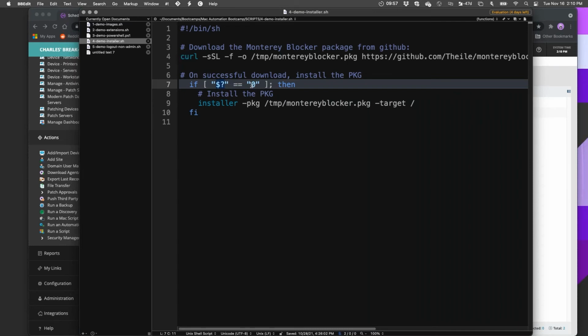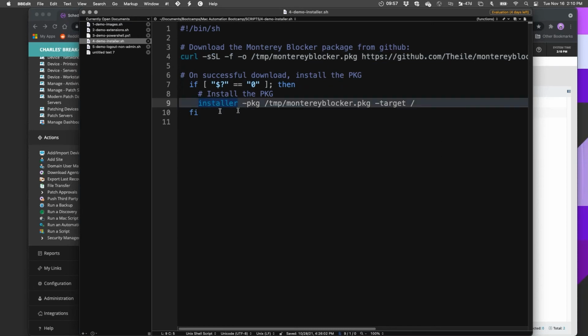If that exit code is 0, that means there were no errors, so it completed successfully. That means we can run this application called installer, and installer takes 2 arguments: the package to install, which is the one we just downloaded, and the target, which is the root of the file system, represented as a /.